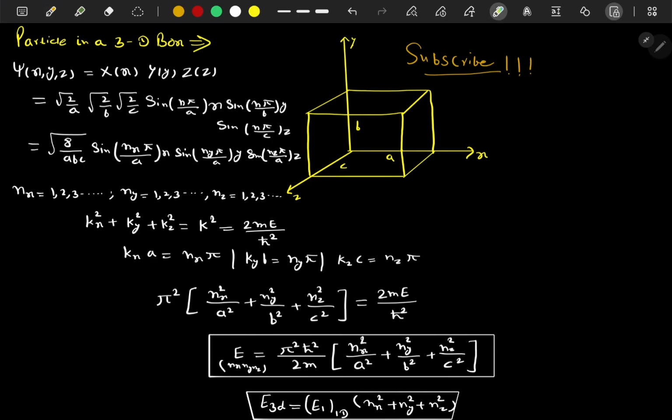सो क्वांटम मैकेनिक्स यूज़ कर रहे हैं अपन, है ना। पार्टिकल इन 3D बॉक्स। तो हमको पता है, अपनों ने 1D पढ़ लिया, क्या था